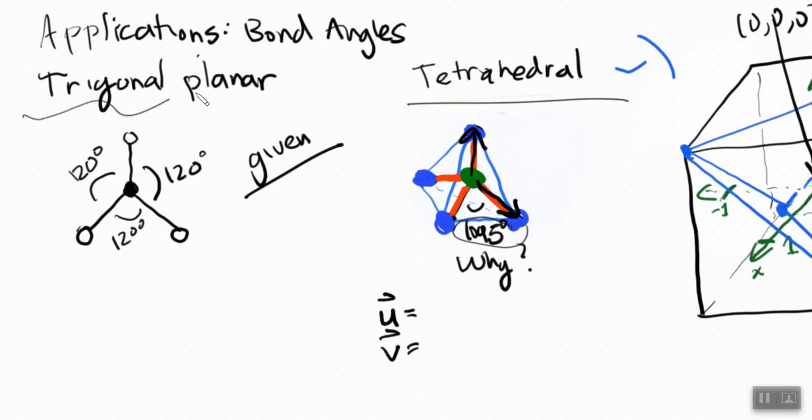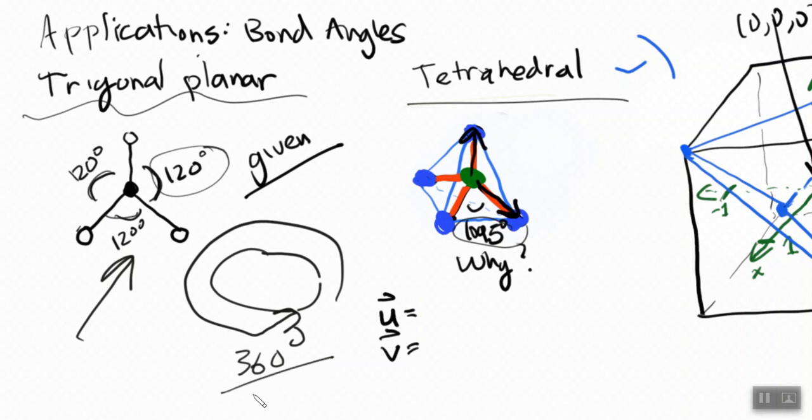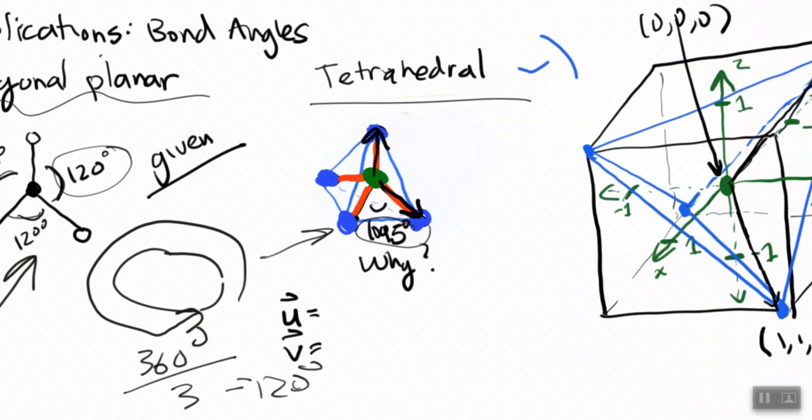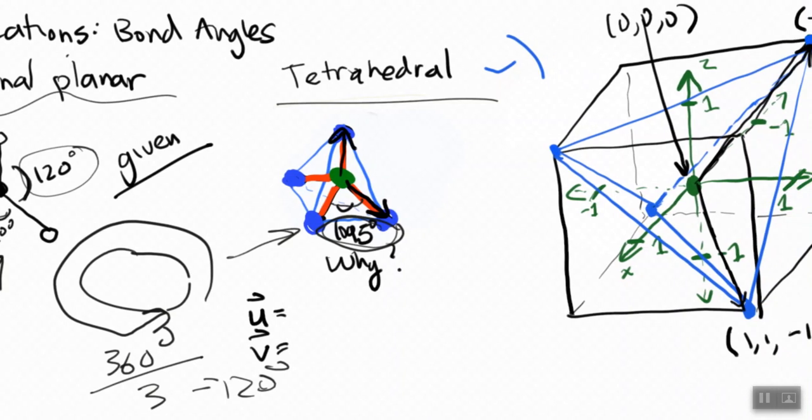Now, we can find bond angles quite easily for most of them. For example, trigonal planar is simply 120 degrees because a circle is, as we know, 360 degrees, and we're simply splitting it into 3 equal pieces. So 360 over 3 is 120 degrees. Now, it's a little bit more complicated for the tetrahedral. It's 3D, first of all, and there's not really any intuitive idea for why this angle right here is 109.5. That's such a random number. Well, now I'm here to prove to you, using everything we learned in the last 50 minutes, why the bond